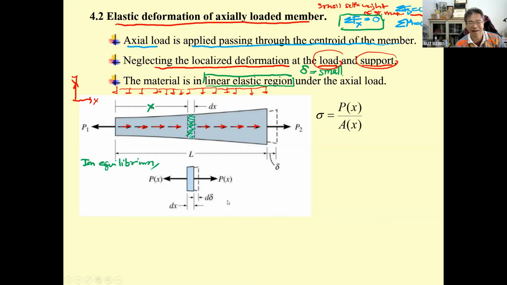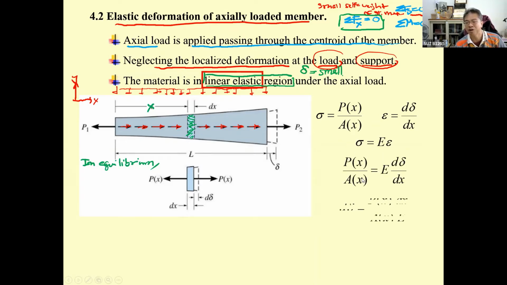But anyway, there is going to be deformation. The differentiation of the delta, and this is going to be the differentiation of the x. So that is going to be the strain. When you have Hooke's law based on linear elastic, you just put the stress and strain into this equation. You arrange it, and that is going to be the differential